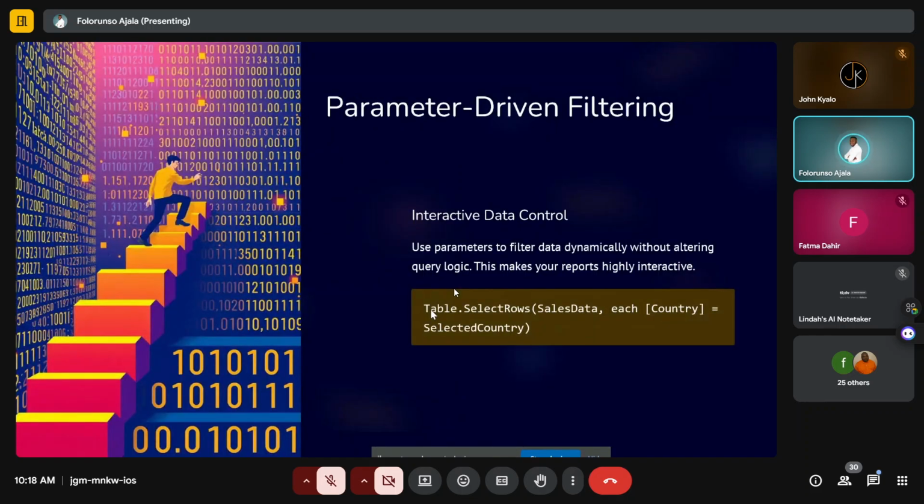Then we also look at the parameter. How parameter also plays a very good role in enhancing our data or our report as well. So we also look at that. Okay, so I think this is where I will stop for the presentation, and let's go into the main business,